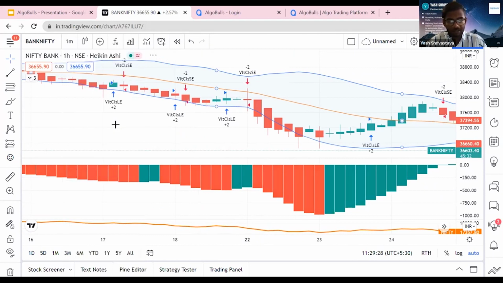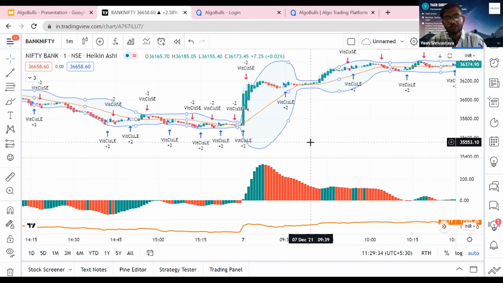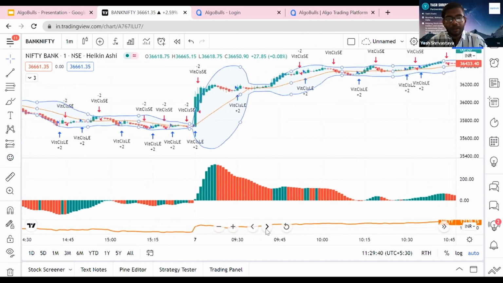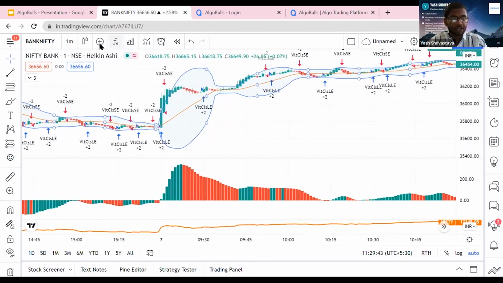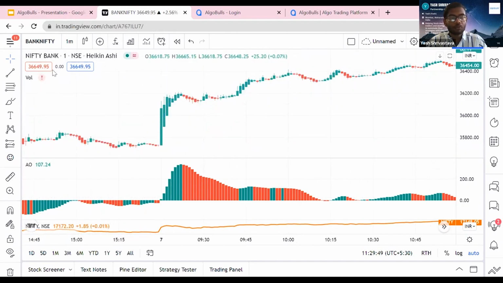But yes, this strategy which I'm showcasing is not yet automated. This is still in the idea stage and is not yet developed right now. Apart from that, I would like to show you a simple strategy on SMA, which